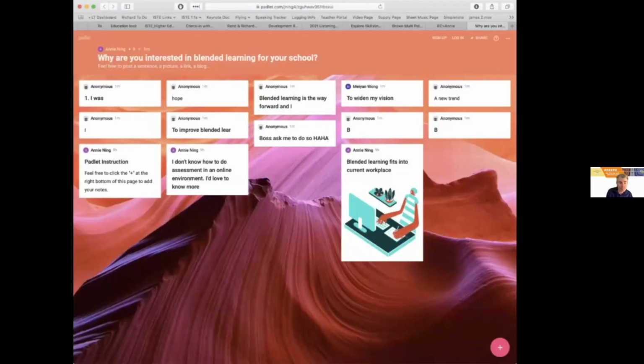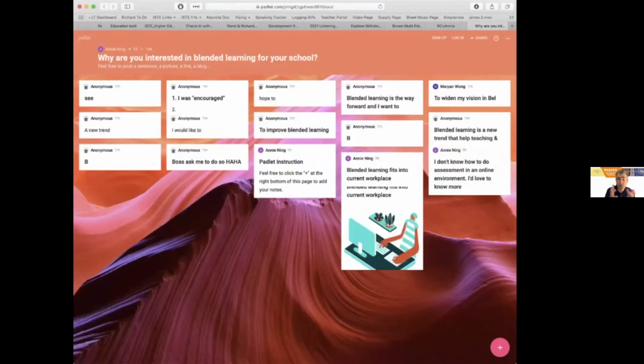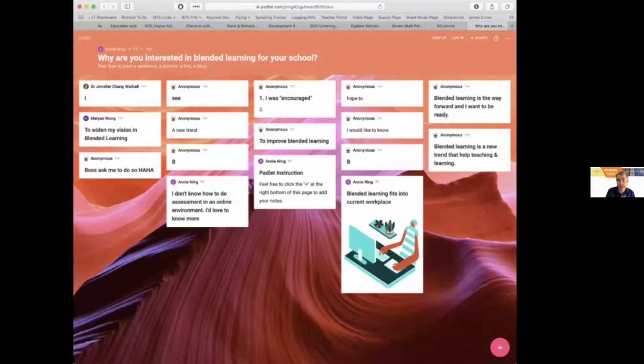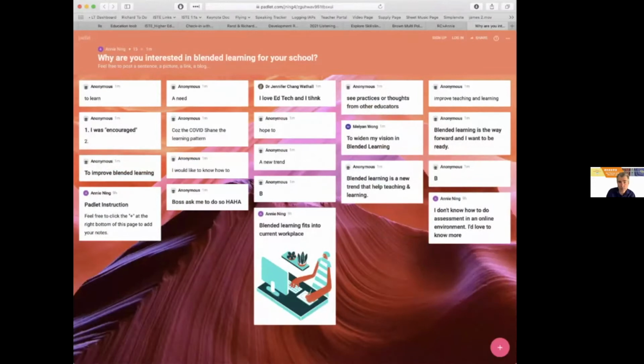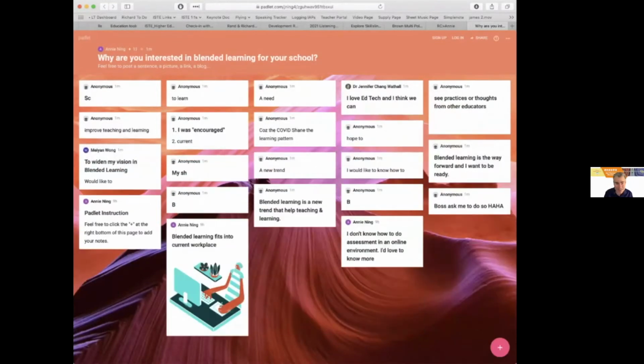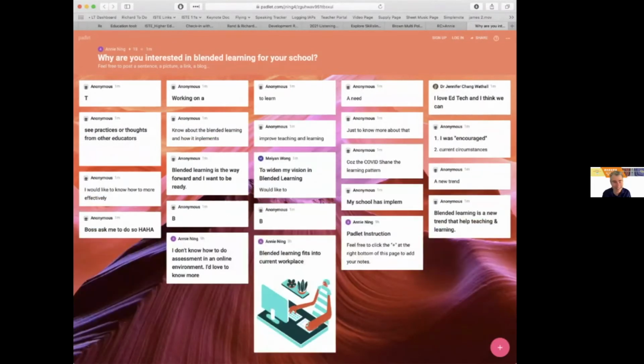All right, and we'll be able to see here as some of the posts are coming in. If you haven't used Padlet before, it's a great tool because you can see both pictures and text, and it's a little bit easier to see what people are writing when you have a big group, as opposed to trying to watch it go by really fast in the chat on Zoom. So somebody says, because my boss asked me to. That's great. Yes, I love the honesty.